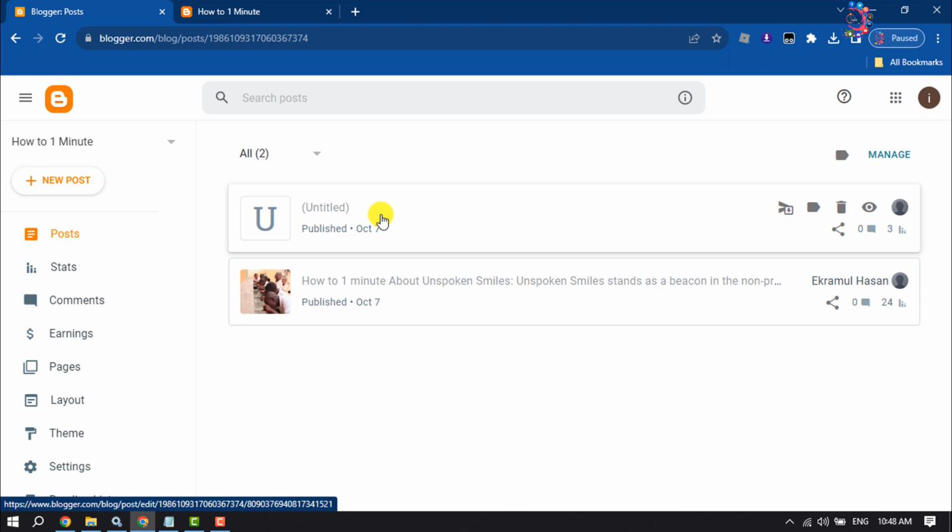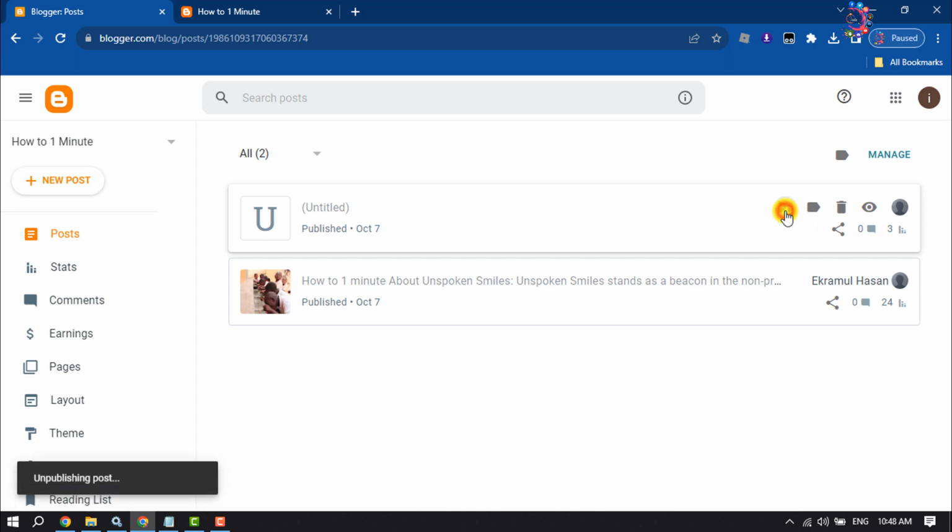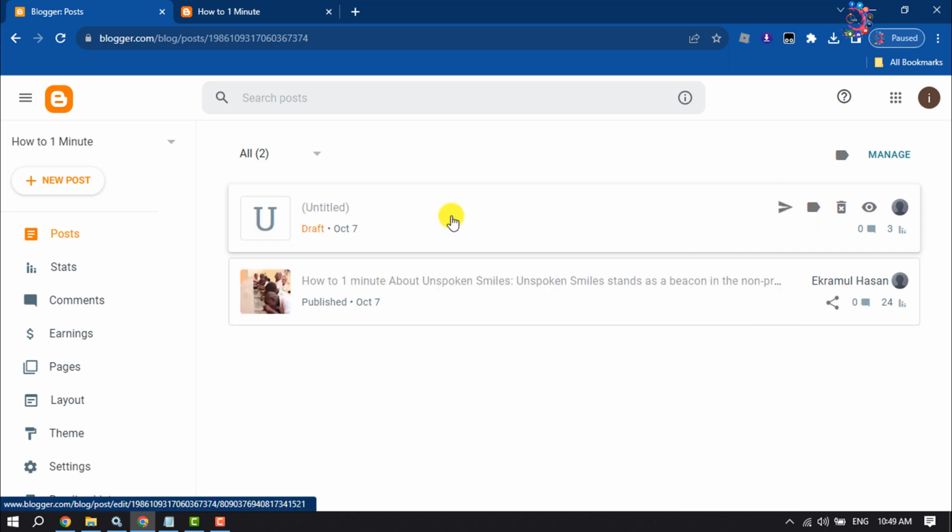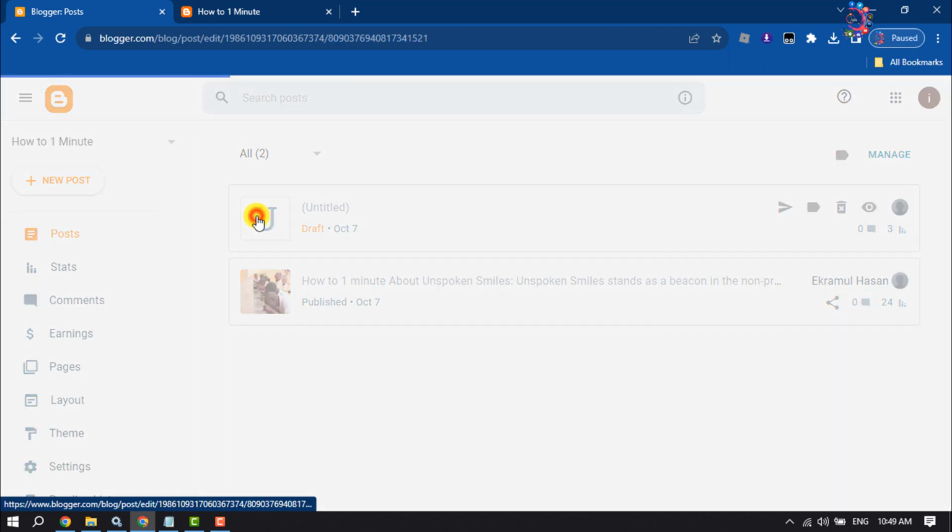Before changing the permalink, you have to click on revert to draft. So click on it. After putting the post in draft, now edit the post